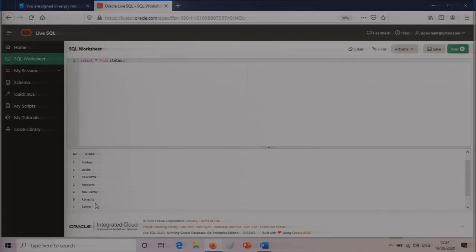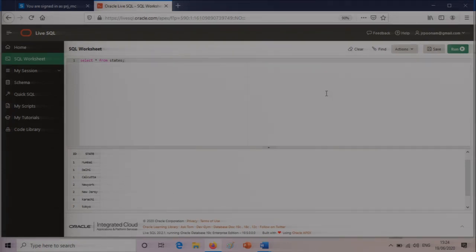We have no concerned states here in the states table. This has been done purposely, for the mere fact that when I show you the different joins, I want certain entries in table 1 to be extra, which do not have the concerned entries in table 2, and I want some entries in table 2 to be extra, which do not have a concerned entry in table 1.